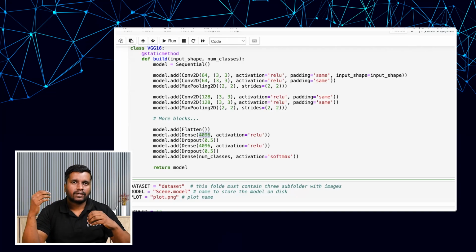So for that we will require more neurons. That is why we have these 4096 neurons with ReLU as the activation function, and we will use dropout directly. Again we have 4096, which means these two 4096 hidden layers have a dropout of 0.5. Again we are using a dropout, and after this dropout we are using the output layer with the number of classes